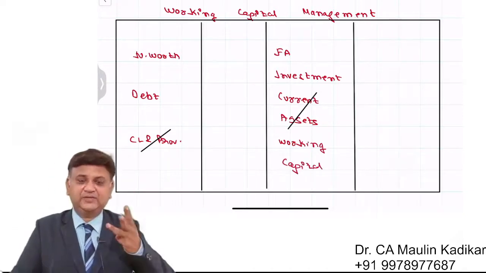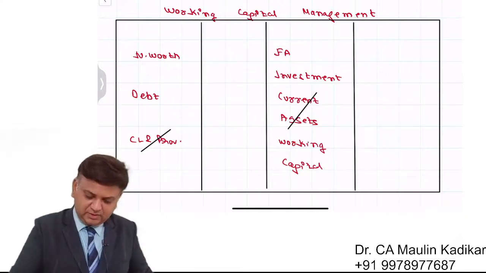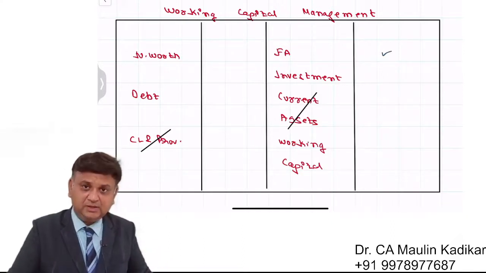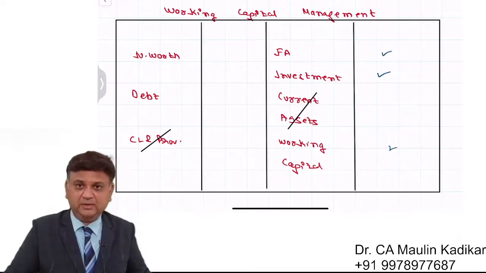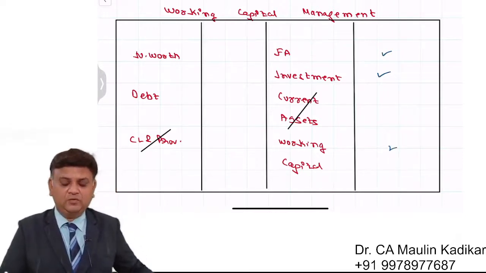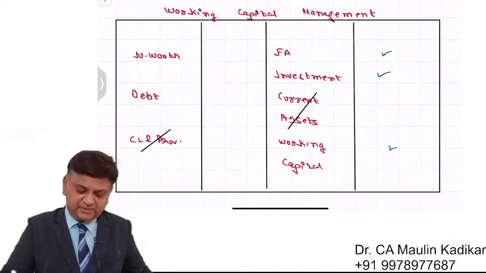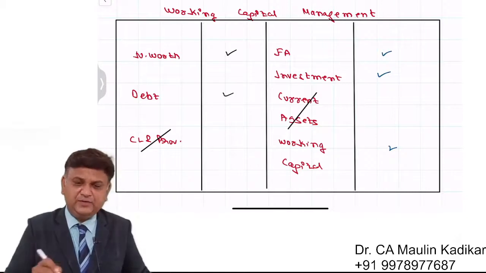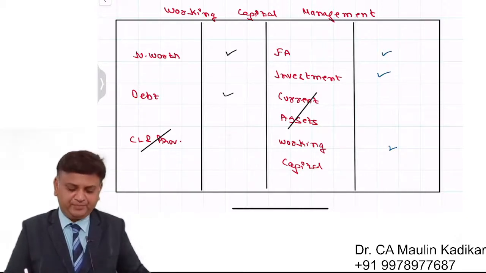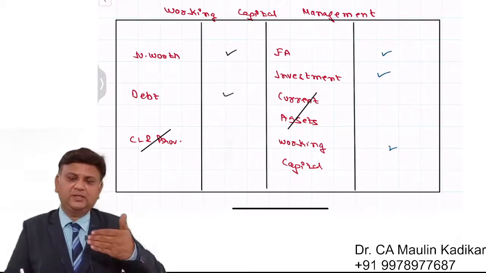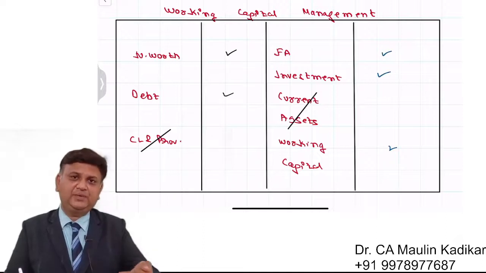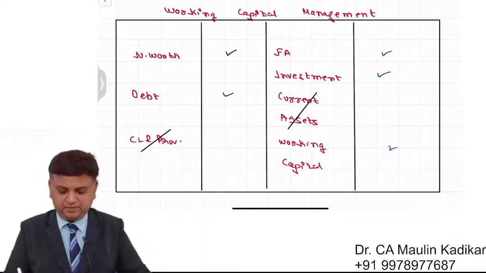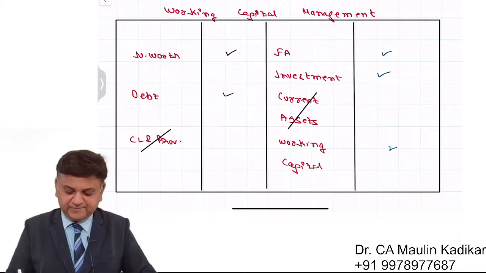So basically there are three investments that we have. The first is fixed asset, second is investment, and third is working capital. And whatever investment we make in the business is financed by different sources of finance. That includes equity, reserves, preferential capital, debentures, and so on. Now,